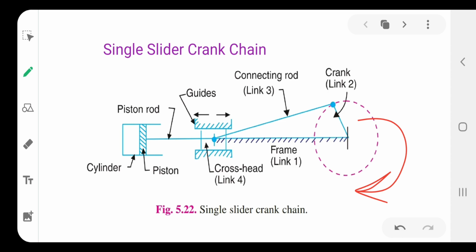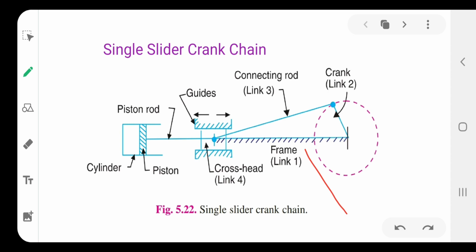In this crank, the connecting rod is also assembled to the crank, and the cross slide is assembled with the connecting rod, and the cross slide is also connected with the piston cylinder arrangement. Okay, so in this particular single slider crank mechanism,